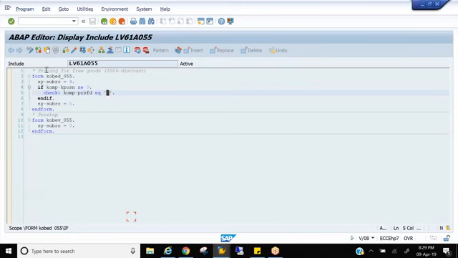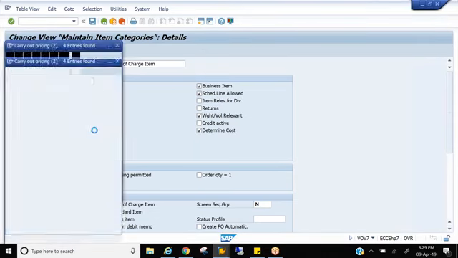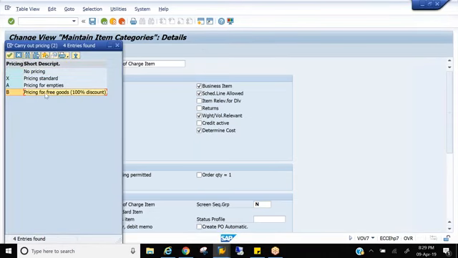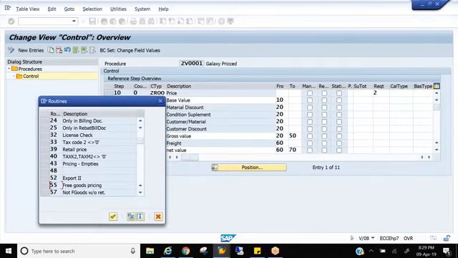What is B? Pricing for free goods 100% discount. That's what the validation is doing, checking for B. See this? The same validation system is performing. Then only we call this free goods, and TANN condition type will come into sales document. Even 59 also the same. 59 also free goods, and it also checks for the same thing.